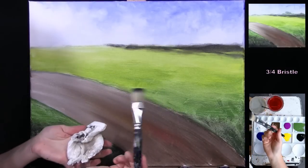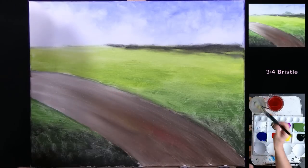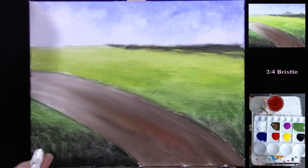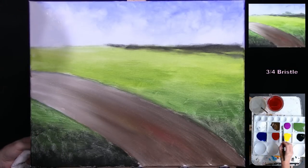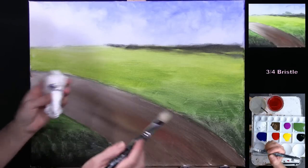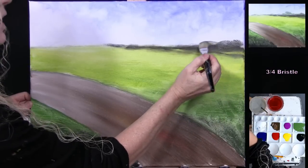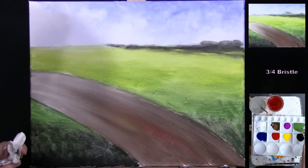So now what I'm going to do, if you have lots of black and brown on your brush, you can just give it a quick rinse. If you hardly have any on there, it's not really necessary, but if you did, I would recommend giving it a rinse. Then I'm going to pick up a tiny bit of green, brown, and blue, just an itty bitty bit of all three colors, and I'm going to overlap this into my dark landscape or the dark area down below. I feel like I want a little bit more green and blue on my brush because I feel it's a little bit too,